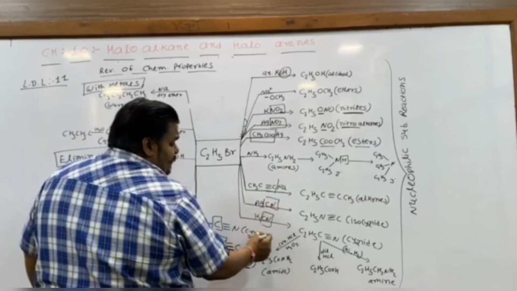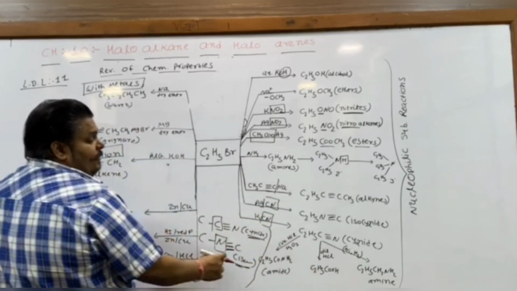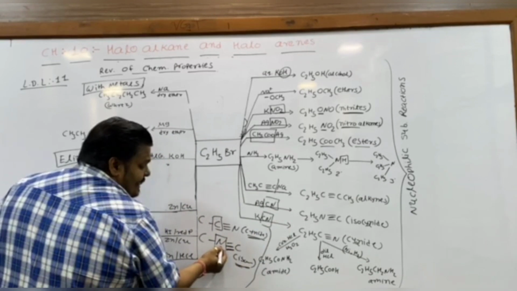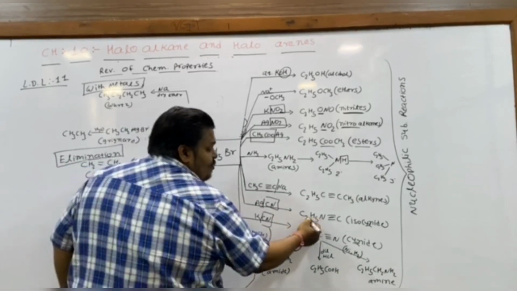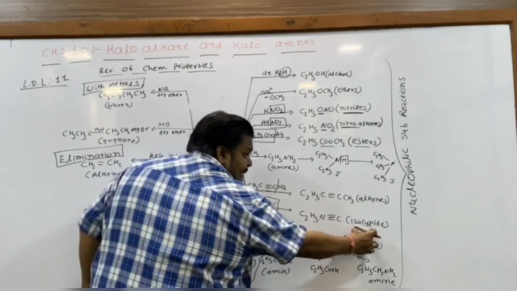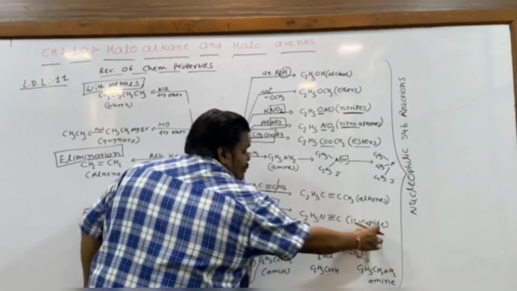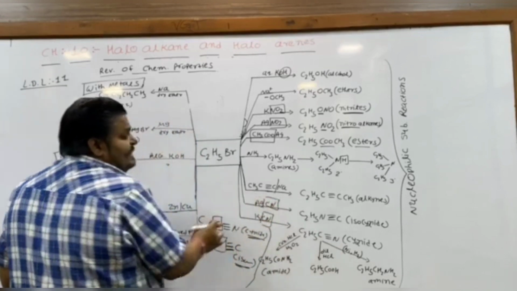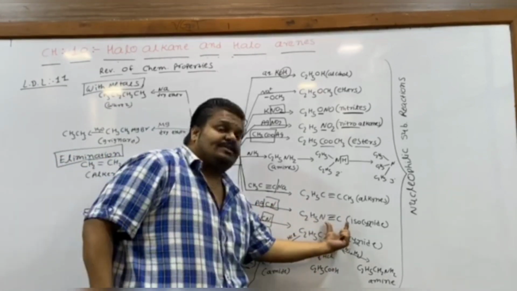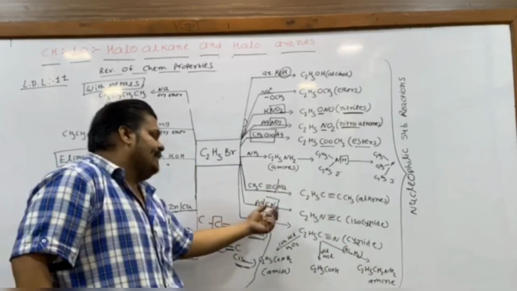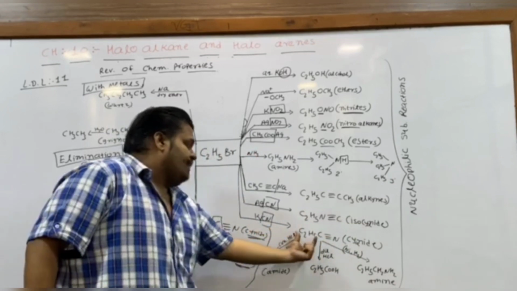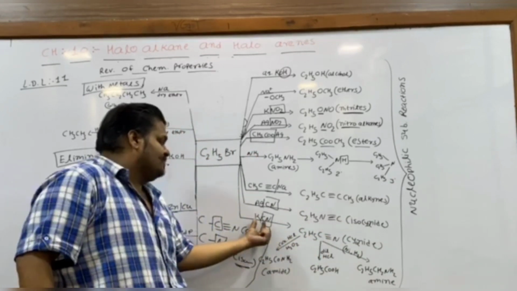So again, CN as a functional group gives two different types of compound. We get isocyanide when N coordinates with the carbon, or coordination through N. N combines with the carbon to produce isocyanide. For the isocyanide product, we need AgCN as a reactant. AgCN as a reactant will produce isocyanide, because the cyanide group has two coordination sites. So if we want to produce a cyanide, we have to use KCN.